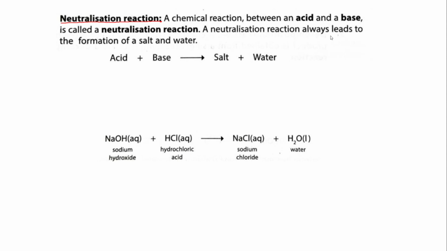If you want to know more about acids and bases, all the details are in the comment section. Now let us see an example, which is of sodium hydroxide and hydrochloric acid. When they are added, they form sodium chloride, which is a salt, and